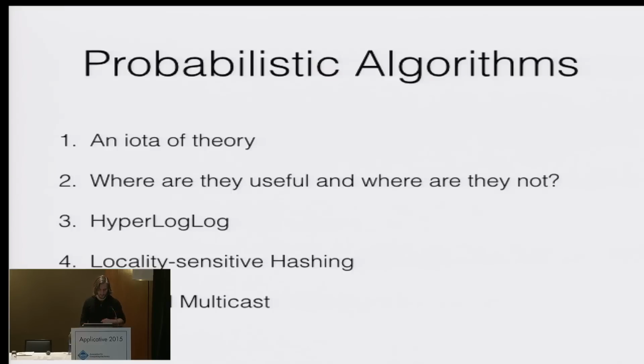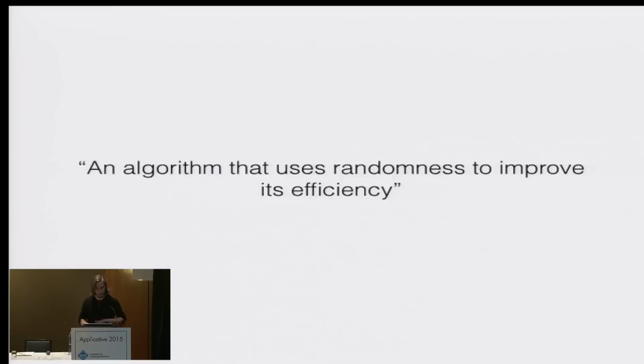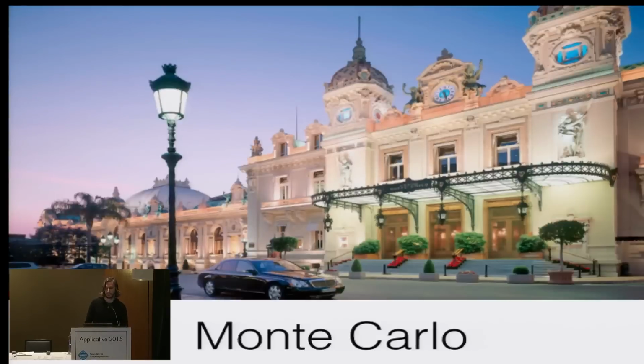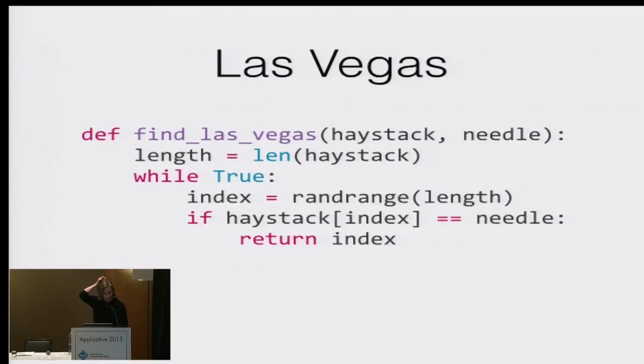So, just to define it, this is an algorithm that uses randomness to improve its efficiency, at a very, very high level. And there are 2 major classes of these. The Las Vegas type, which is guaranteed to find the exact correct answer, but has a random element in its runtime, and the Monte Carlo type, which may not find the exact correct answer, but does have a fixed runtime. And generally, the runtime is also quite a bit shorter than you would get if you found the exact answer.